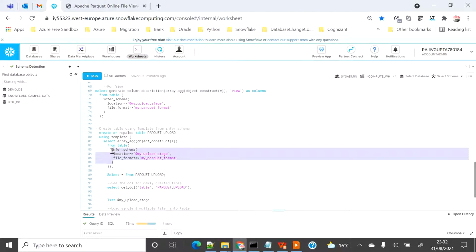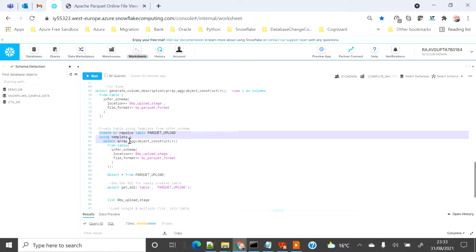Whatever is the output of the INFER_SCHEMA function will be used, and the final list of columns is generated using the OBJECT_CONSTRUCT and ARRAY_AGG inbuilt functions. This is the syntax which you can use to create a table by reading the flat file. But one thing to remember is that by using this you will only create the table from the flat file, the data is not getting loaded.